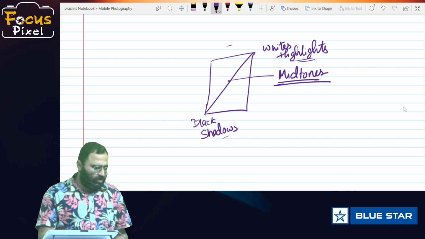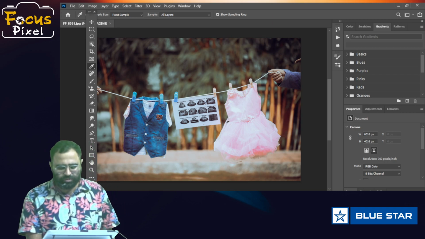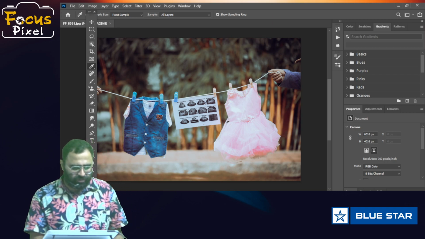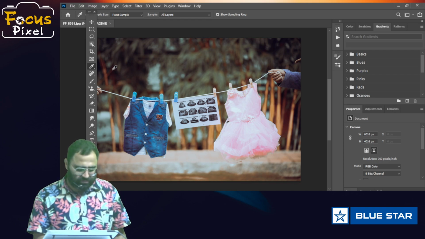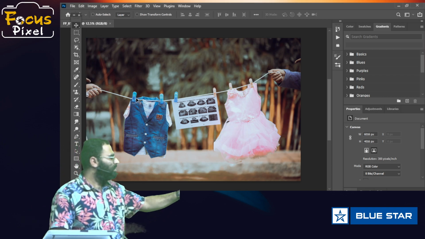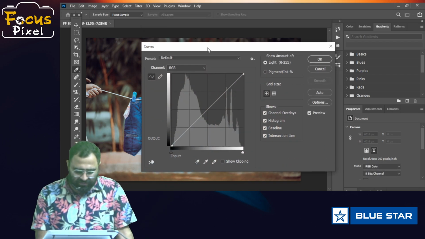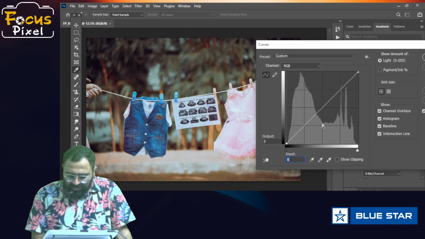Okay, I'll just give you a quick example. Now this is Photoshop. This Photoshop is used in a PC module to edit photographs. I can quickly launch the curves over here. So this is the curves. This is the highlight part, this is the shadows part. You can see the white colors determining the highlight, the black one determining the shadows. And this center portion is the midtones.